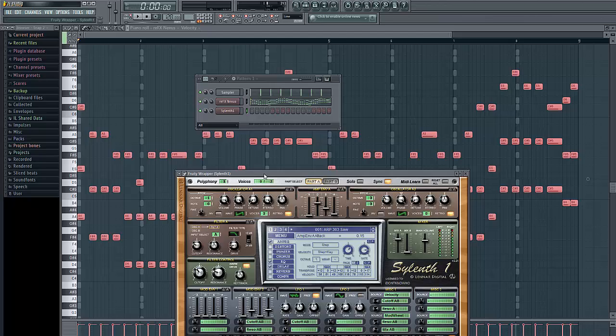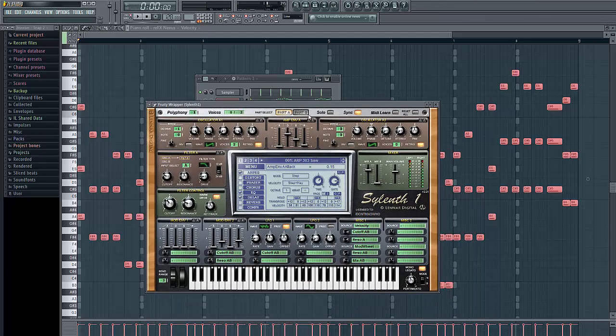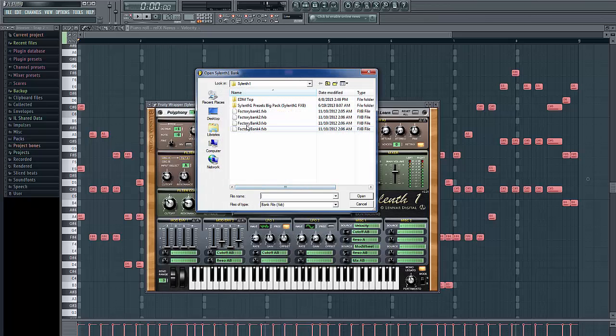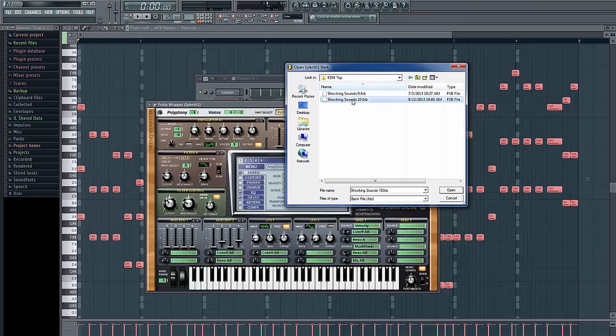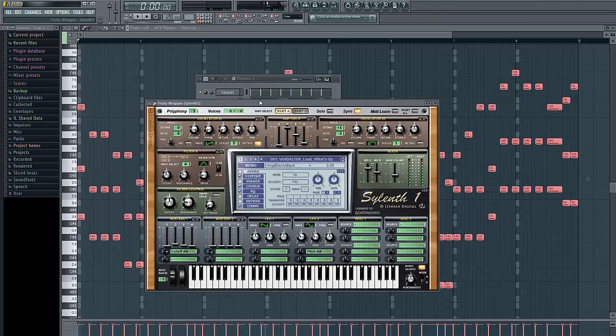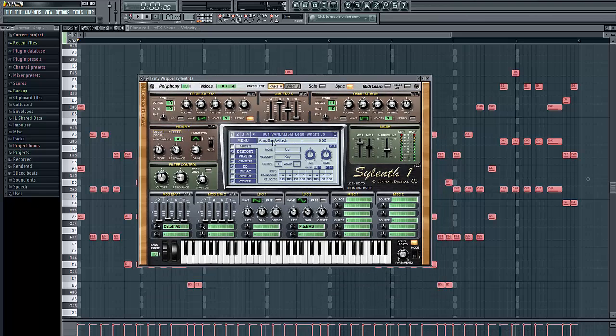I use Sylenth 1. It's a great synthesizer, but other than that, it doesn't come with a lot of fantastic options. It comes with good ones, but not necessarily fantastic. So I'm going to load a bank that I have that I actually enjoy. This is Shocking Sounds 10, the sound effects that I use. I'll put a link to where you can buy this, and I would recommend buying this because if you do plan on selling your music, it is good to have a legal copy of these things